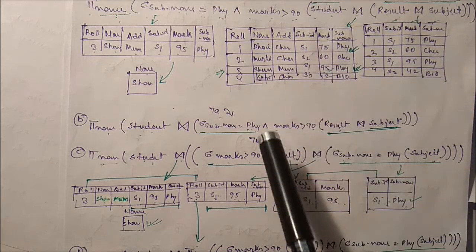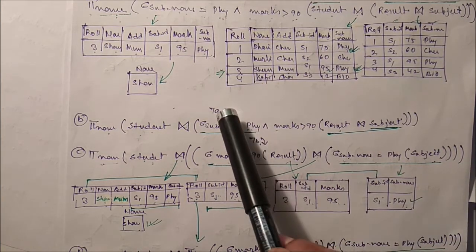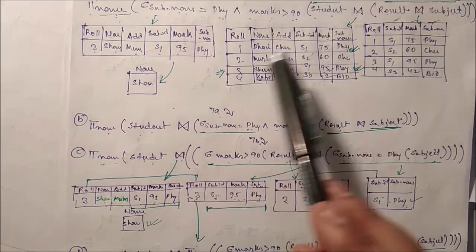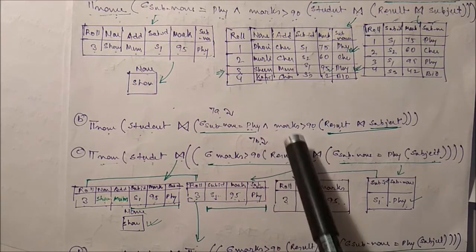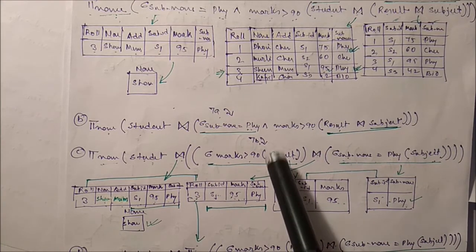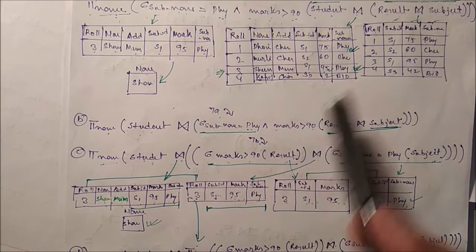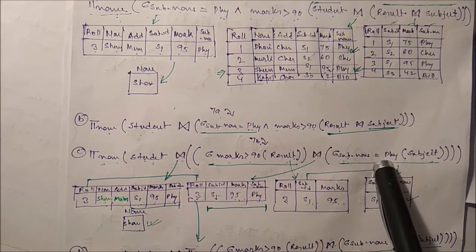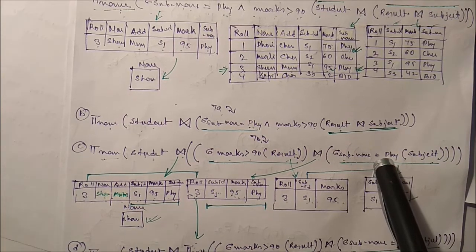So how do you convert this one? You apply the rules: here you apply 7a, you apply 7b. If you apply the rules, we can convert one expression to another expression, and then check which one is the better expression. In this case, this one is the better expression. Are you getting this one?